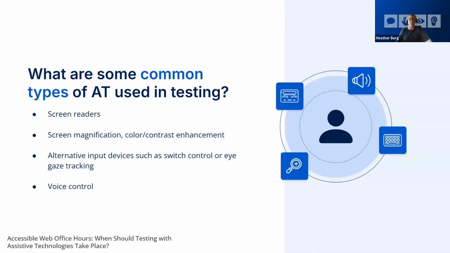So the first is screen readers. We hear a lot about them in the digital space, digital accessibility space. They're probably one of the more prevalent types of AT used, but they by far are not the only one. And so it's really important not to develop a screen reader bias in your testing, especially if you're just doing spot checking and that sort of thing. Want to make sure that we look at other types, which we're going to talk about here in a second,